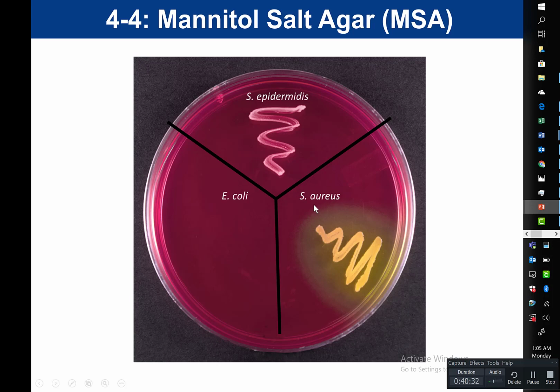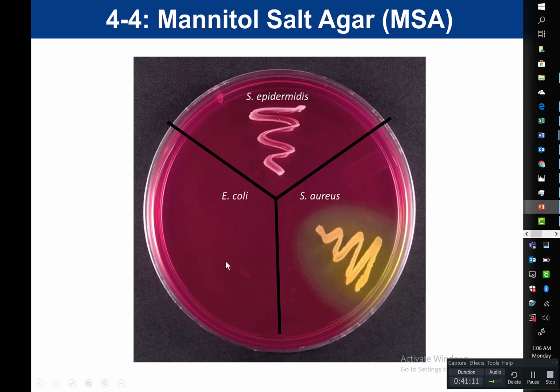And again, this is Staph aureus. We purposely inoculated this plate with Staph aureus to show you this. We inoculated the plate with Staph epidermidis. Notice that the bacteria grows because, again, it is osmotolerant, so it does grow, but the agar is still pink. The agar is still pink because Staph epidermidis does not ferment mannitol, but instead uses peptones to grow. And when it uses peptones, it produces alkaline products. And that's why the phenol red stays pink-red.